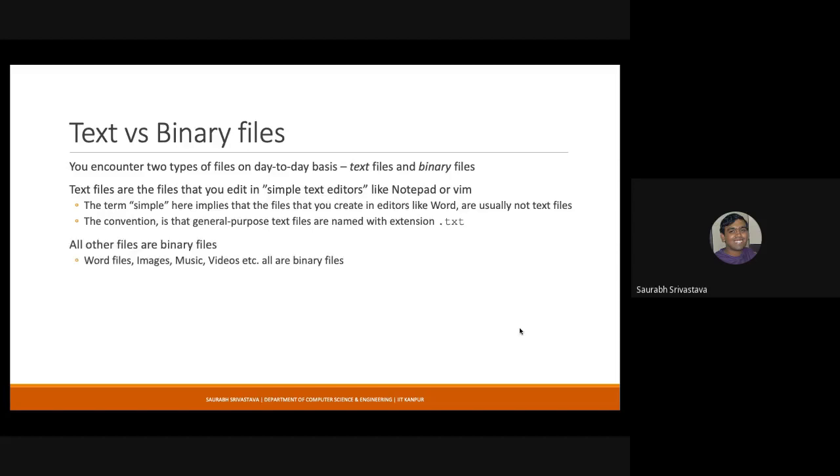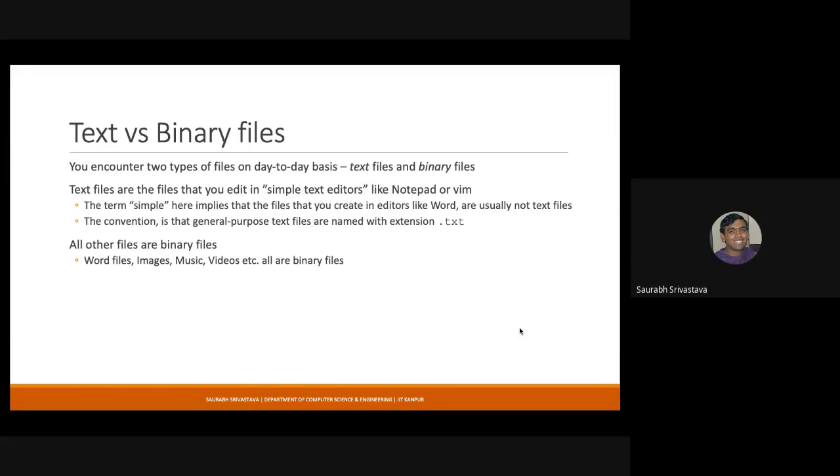In binary files, it is up to you, right? So you decide what data is there in a binary file, and how exactly this particular data is to be interpreted. This is why there are different types of binary files, and as a program which wants to read or write these binary files, you must be aware of the actual format, the way in which data has been written and the way it must be read. So you must know the format of your binary file.